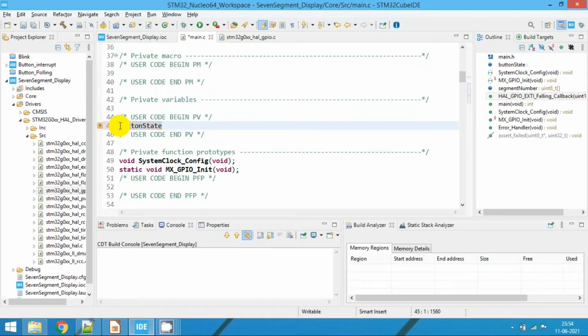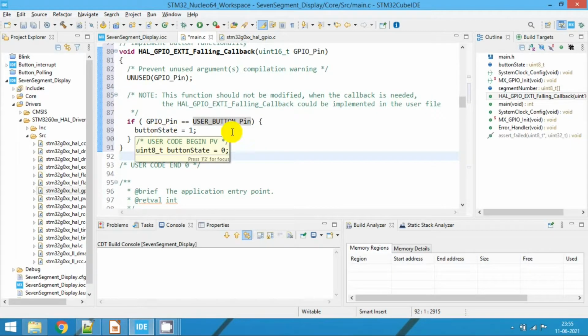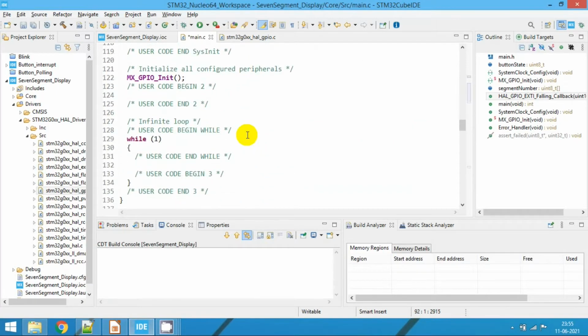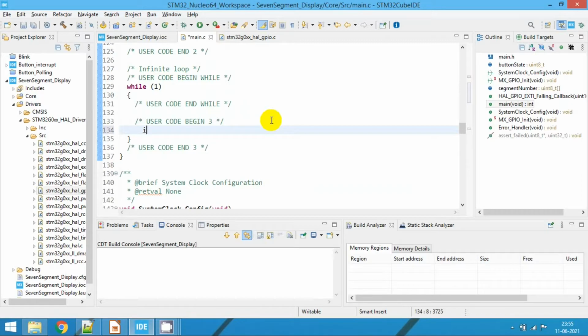It is an integer variable, and by default we will make it 0. So that's all for the button functionality. Whenever the user button is pressed, we make this button_state equal to 1, and then based on this button_state we are going to implement a small logic in the while loop.